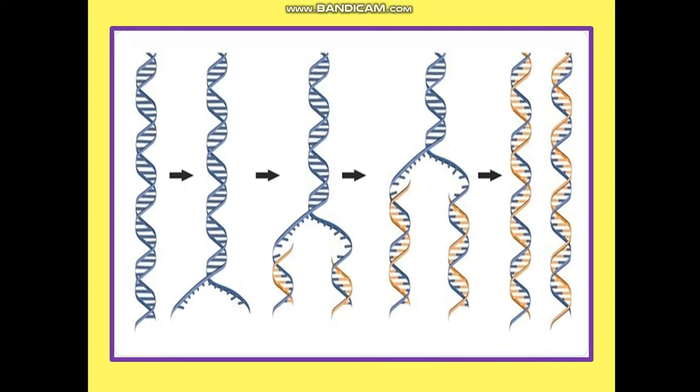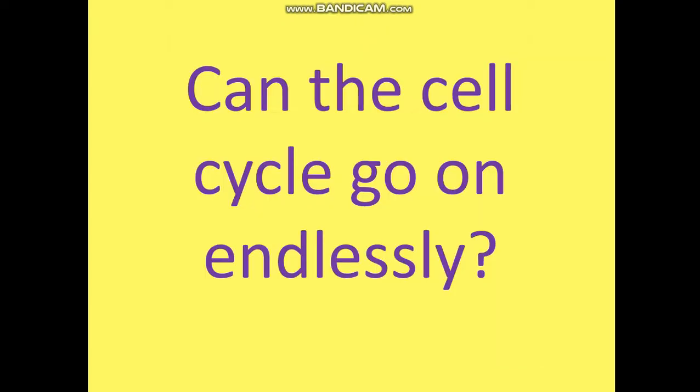Okay, continuing again. The next is, what do you understand? Till now we have discussed about the preparation of cell cycle. So can cell cycle go on endlessly? Is there some end to the cell cycle, or they continue throughout our lifetime and all the cells of the body keep on dividing? What will happen if all the cells of the body will keep on dividing as they are dividing when we are young?